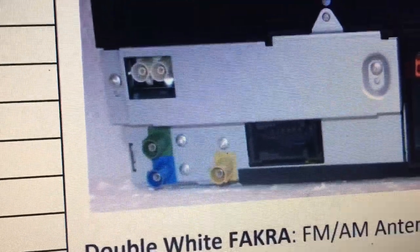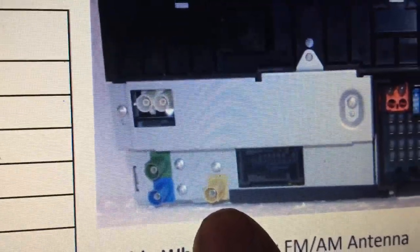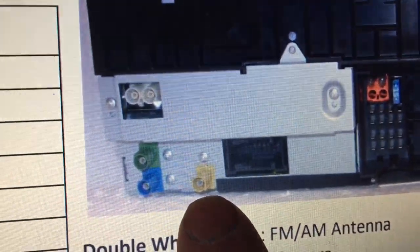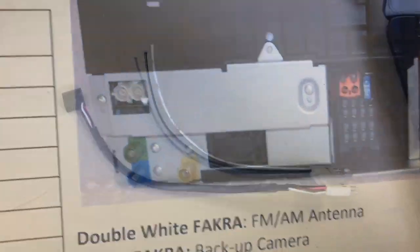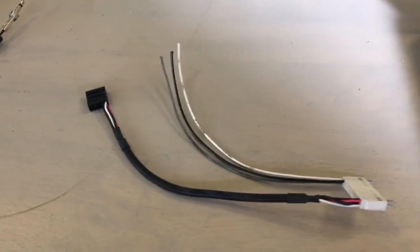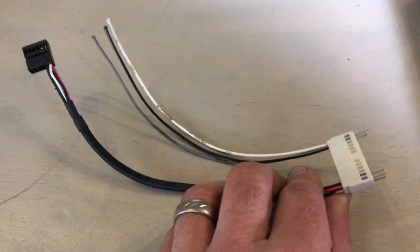Then this yellowish orange FAKRA connection is the Bluetooth antenna on the OEM unit. The Avant unit has got that little antenna mounted on the rear of it. To connect the OEM microphones to the Avant USA head unit, I went to a scrapyard and got a piece of the radio harness